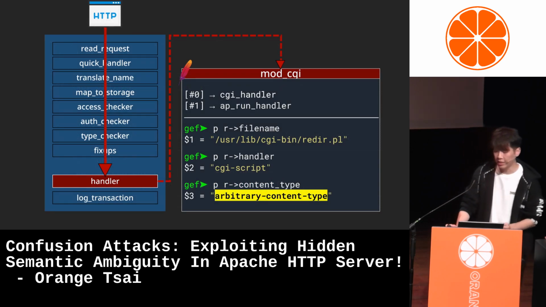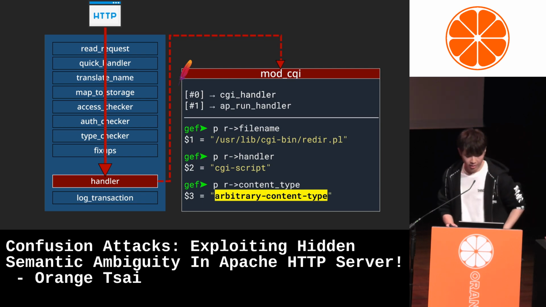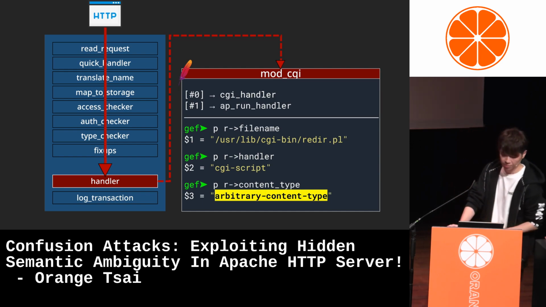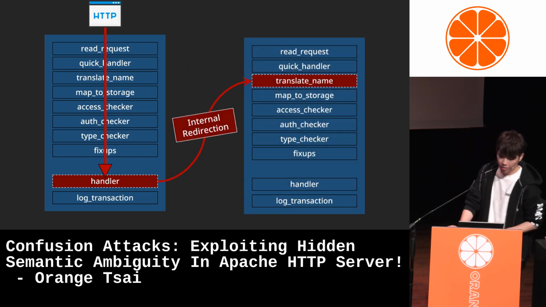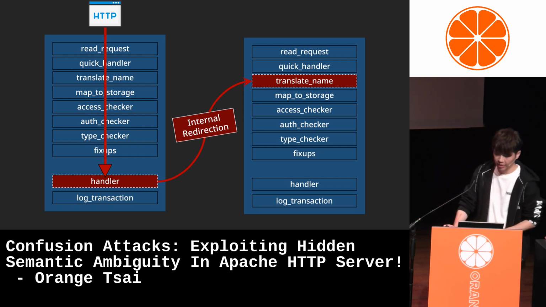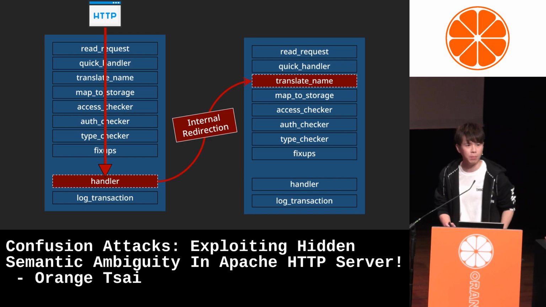So for example, if you can control the response header through CGI, that means you can control the content type field. And when Apache sees the status is 200, it performs the server-side redirect and starts a new round of HTTP processing.